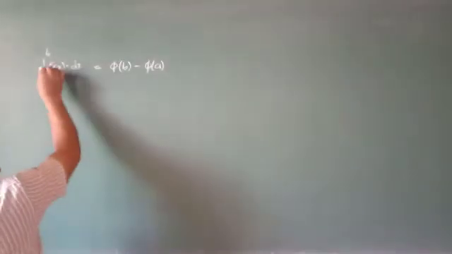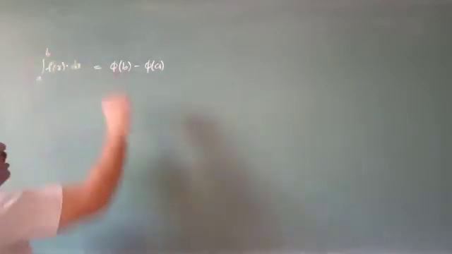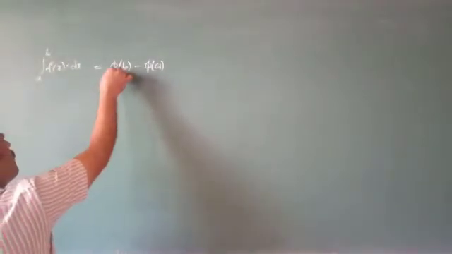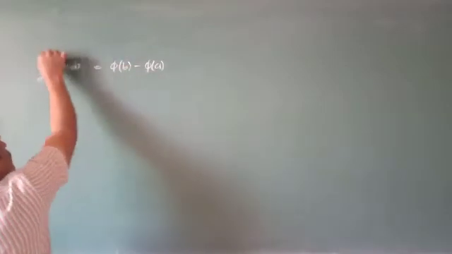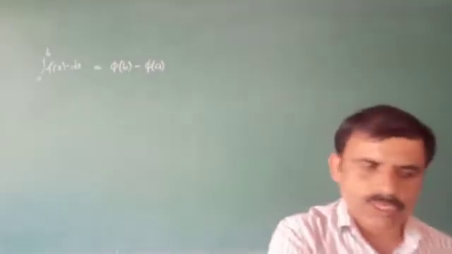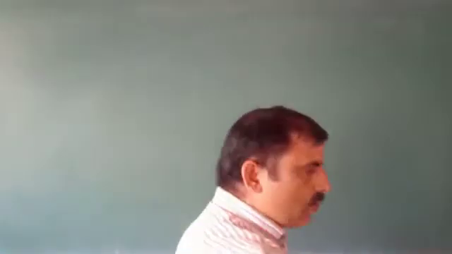Here a is the lower limit of the integration and b is the upper limit of the integration. The solution is obtained by substituting x: the upper limit minus the lower limit of the function. Same, that is the properties of the definite integral. Next we go to the properties of the definite integral.